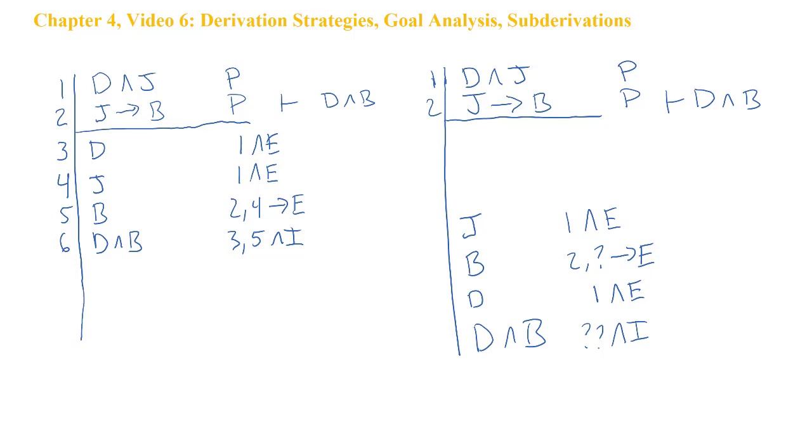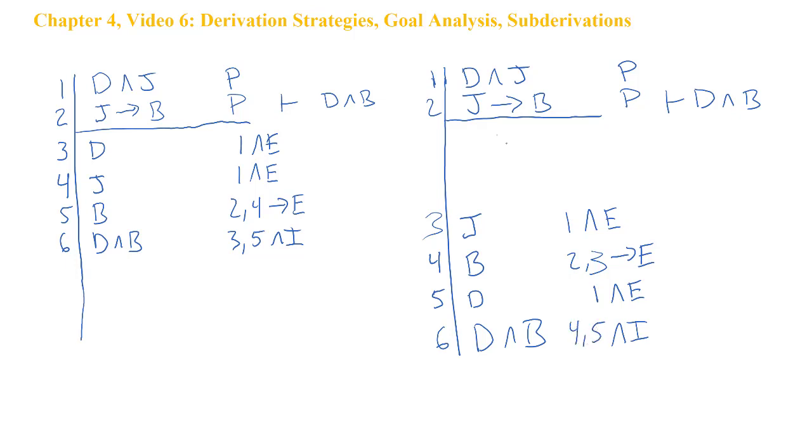So actually, that j can be line 3, coming from 1 by conjunction elimination, which means that the next line, b, is line 4, and it comes from 2 and 3 arrow elimination. The d is line 5, and it comes from 1 by conjunction elimination. And our last line here, d and b, comes from 4 and 5